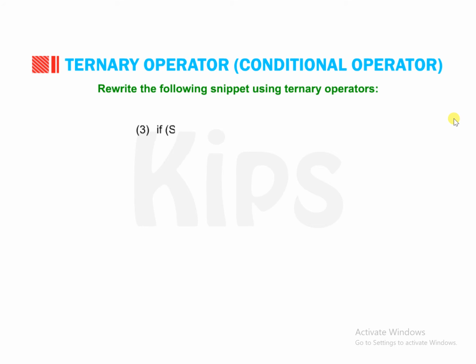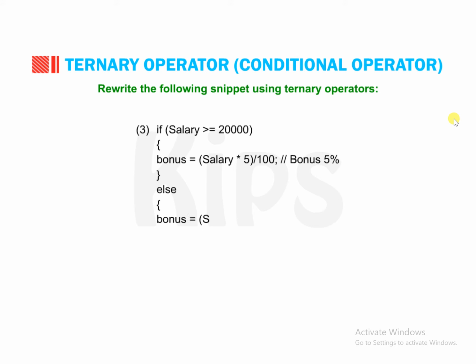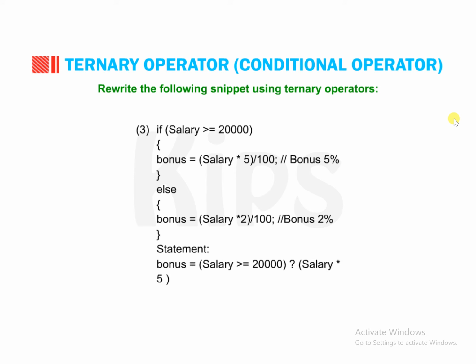Number 3. if (salary >= 20,000) { bonus = (salary * 5) / 100; // bonus 5% } else { bonus = (salary * 2) / 100; // bonus 2% } Statement: bonus = (salary >= 20,000) ? (salary * 5) / 100 : (salary * 2) / 100;